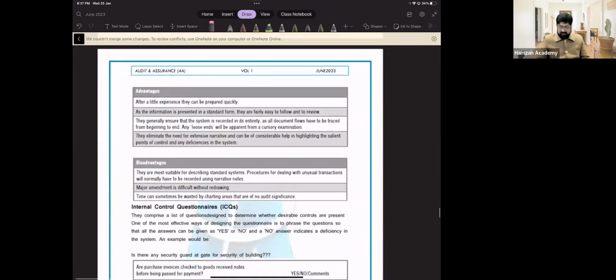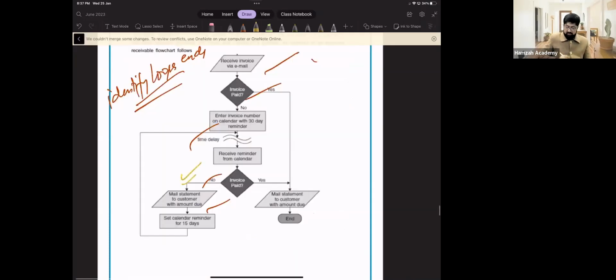but it has some drawbacks as well. Yes, so easy to follow. The system is recorded in entirety from beginning to end. You can trace, and loose end means exception, weakness. Okay, here is a problem. For example, here is a problem. It should be approved from here as well. For example,